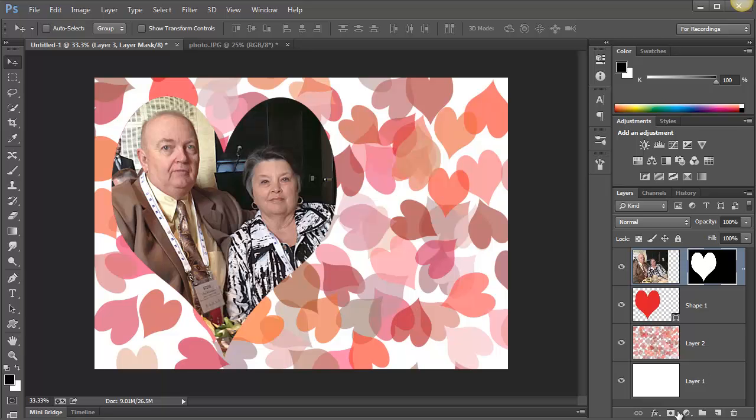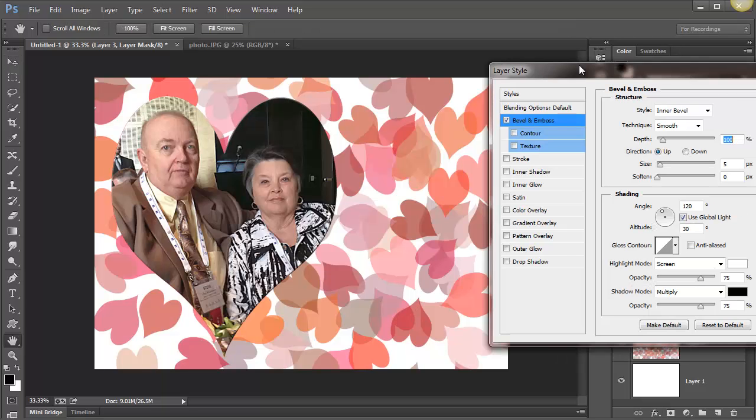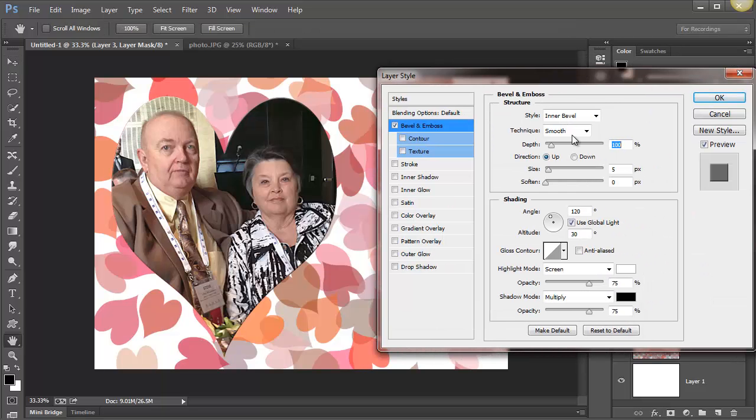I'm going to go down to the FX button and click on it and bring up Bevel and Emboss. Now right off the bat we can click here on Chisel Hard, and we can change the depth, and you can see a little bit going on. Size, now you see a lot more going on,